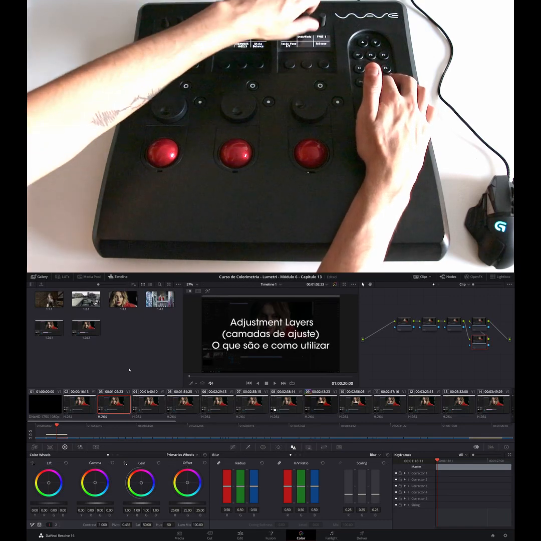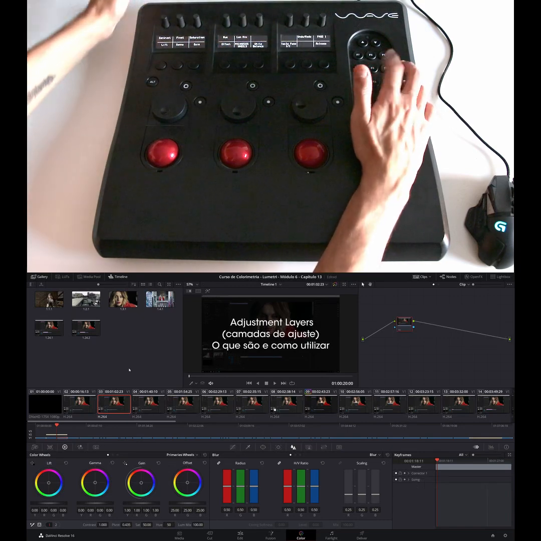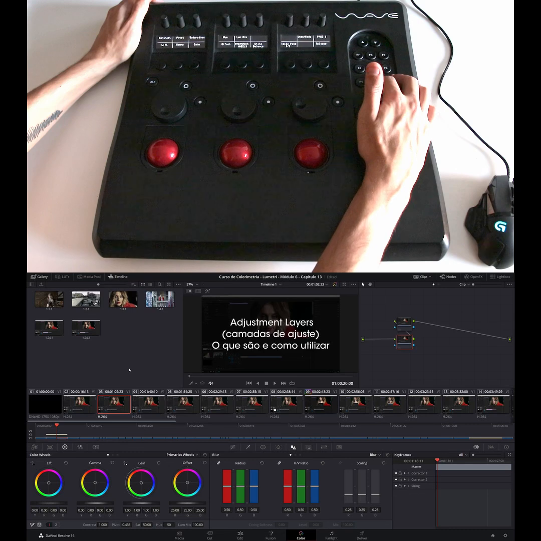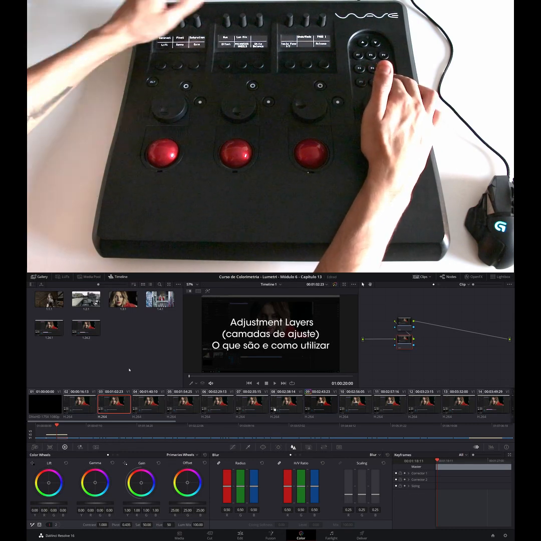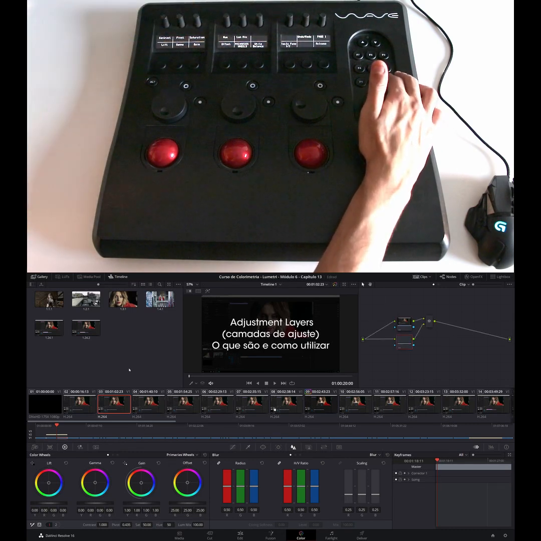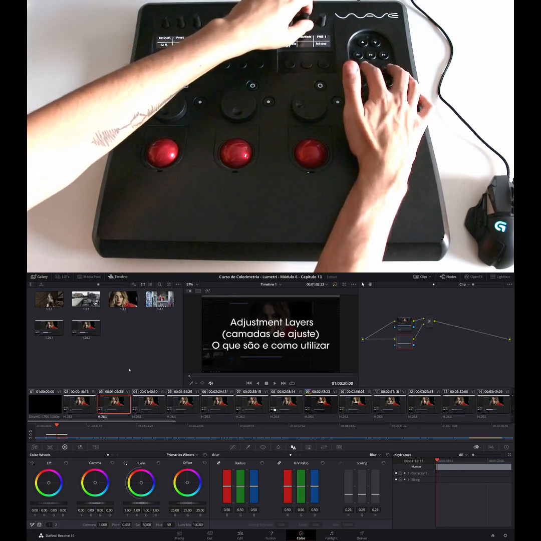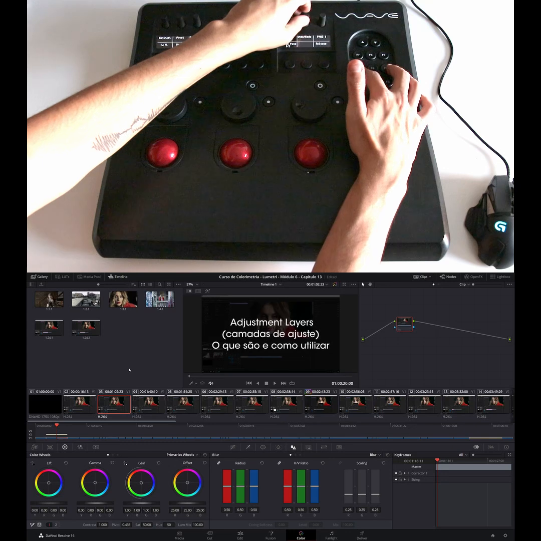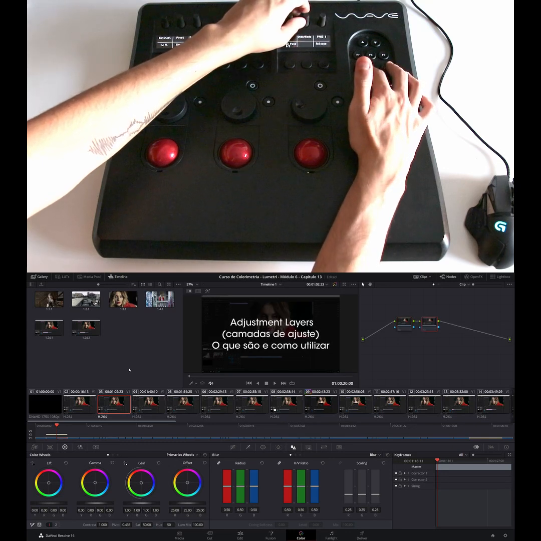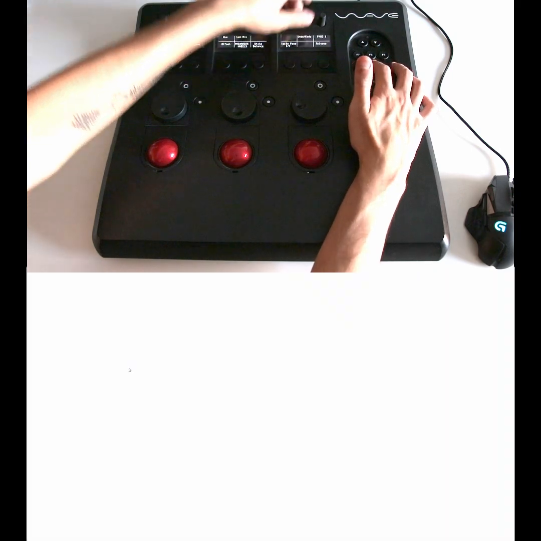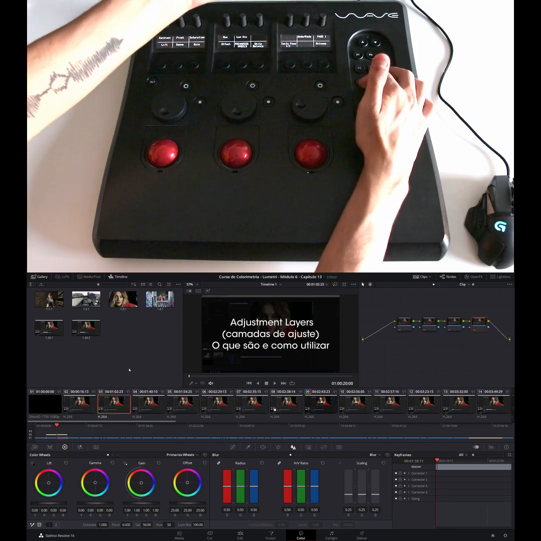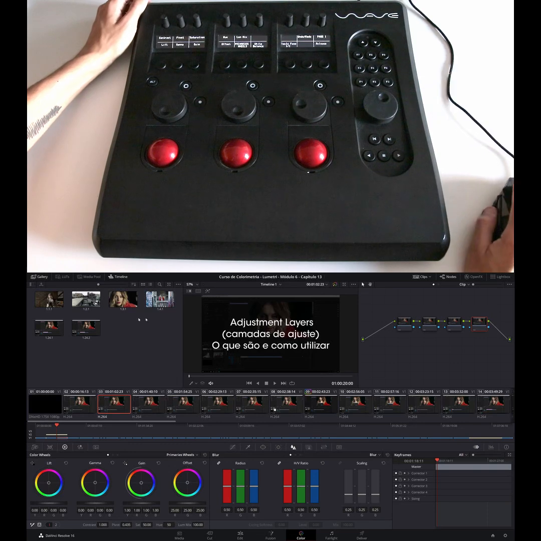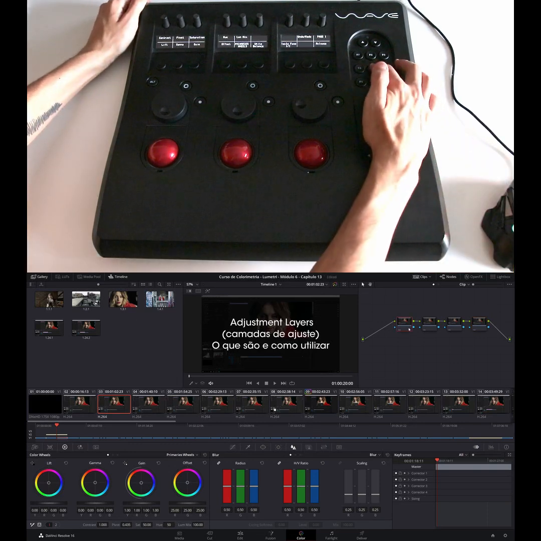Doesn't matter where I was, doesn't matter where I am, I can add a previous node. F3 will add a parallel node, F4 a layer node, and F5 will append a node. So here is going like the F1, but let's say I'm in this node here and press